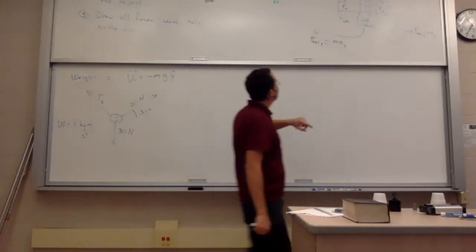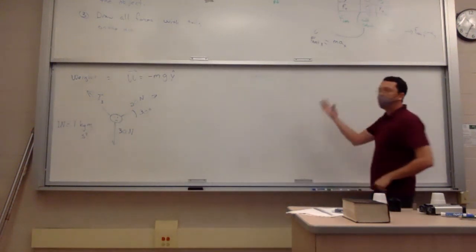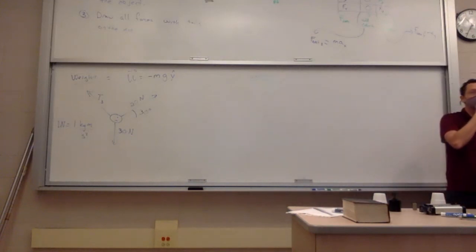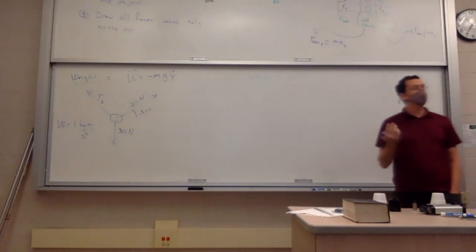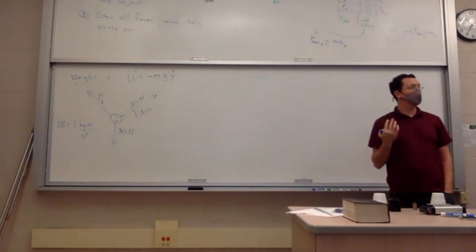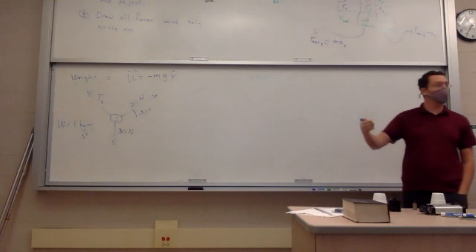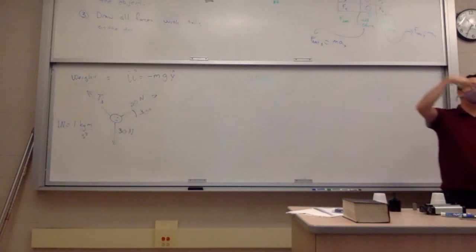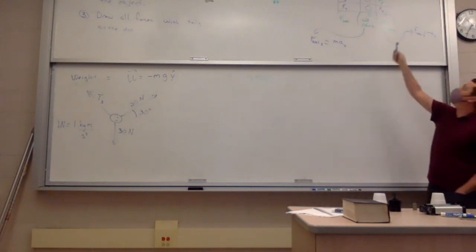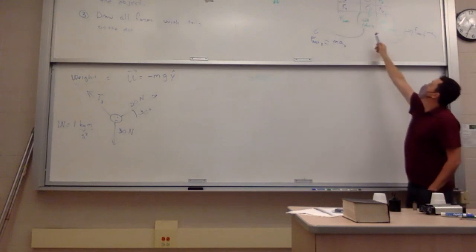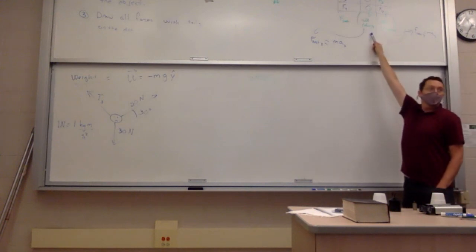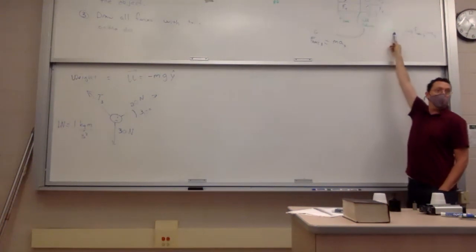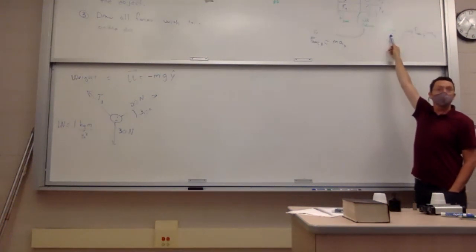If the acceleration is 0, what does that tell you about the net force? F net equals mass times acceleration. F net equals ma. If the acceleration is 0, then the net force is 0. Which means when I go through this construct, whatever fits right there must equal 0, and whatever fits right here must equal 0.